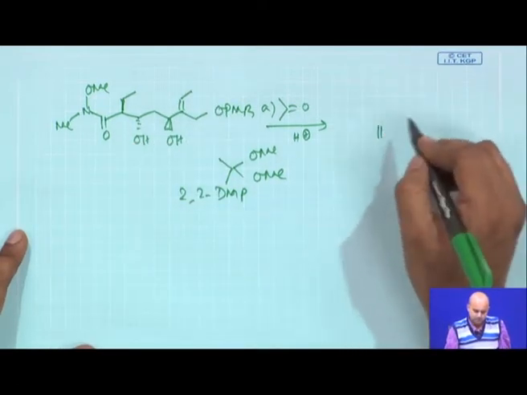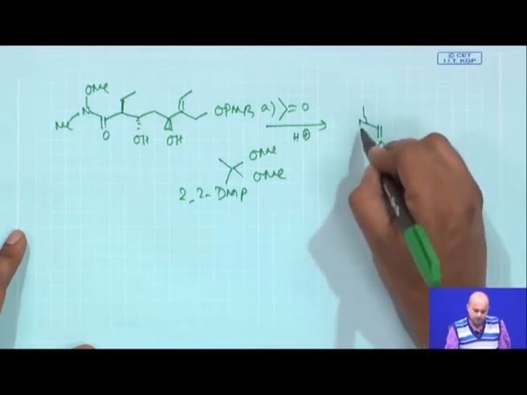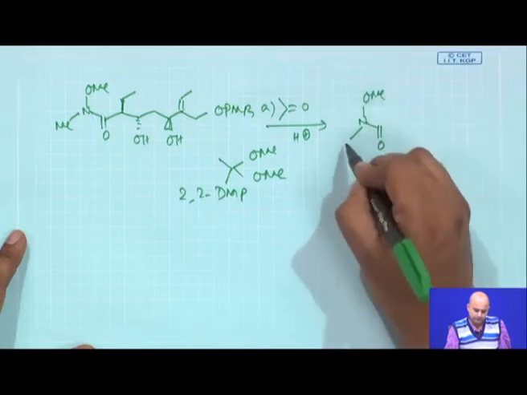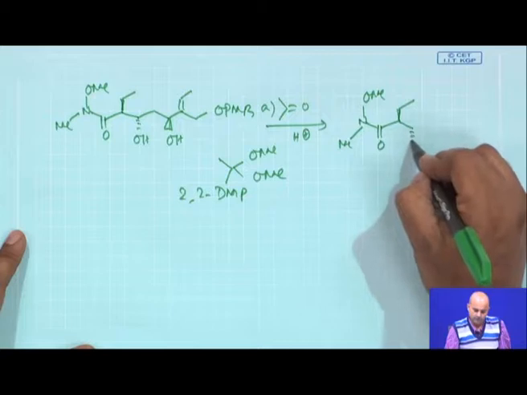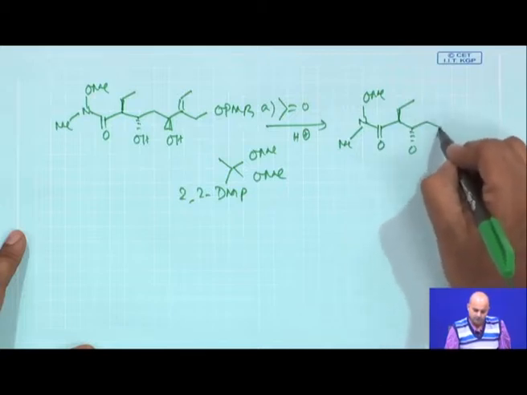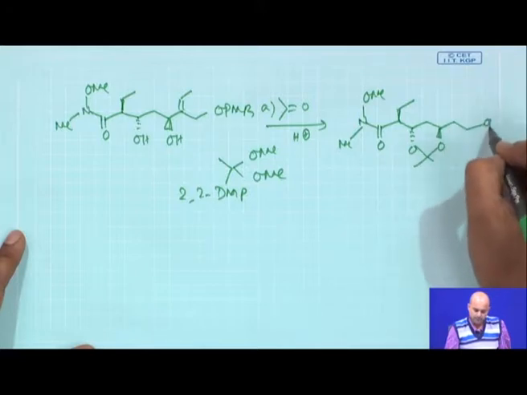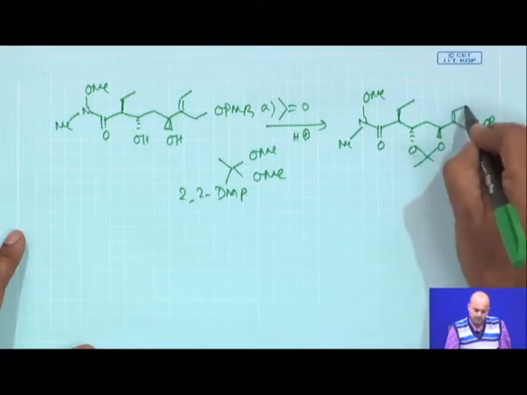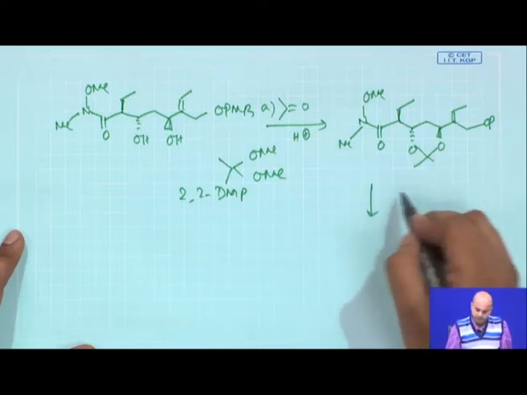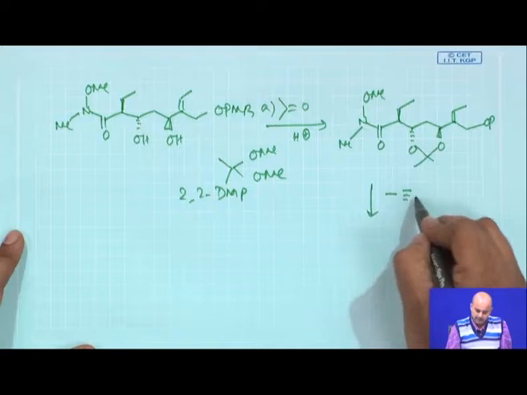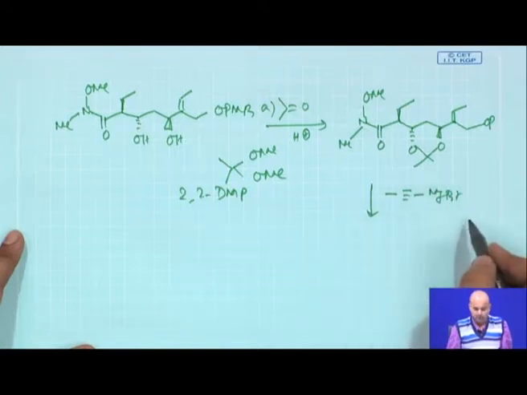The remaining part of this molecule is all similar, and basically you will now get this 1,3 acetonide. This is OPMB, and you have these groups, and next you react with the corresponding alkynyl Grignard or lithium in the Weinreb ketone synthesis.